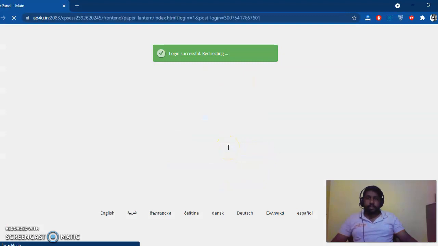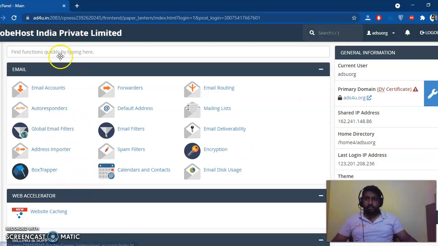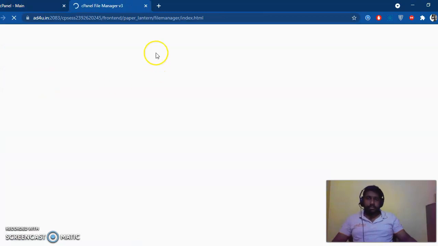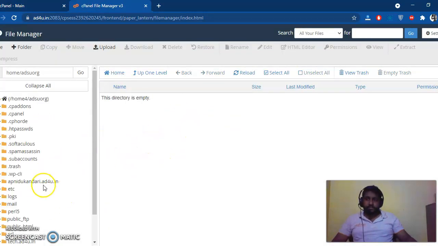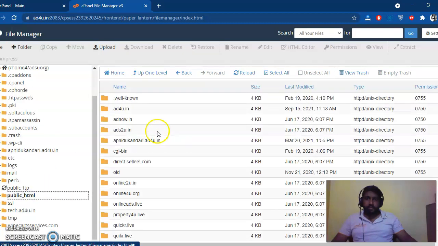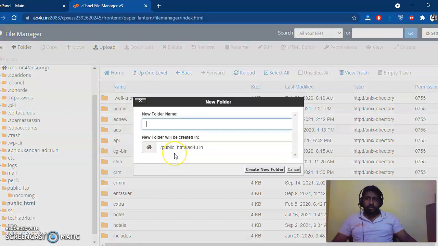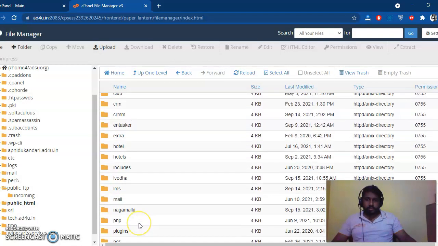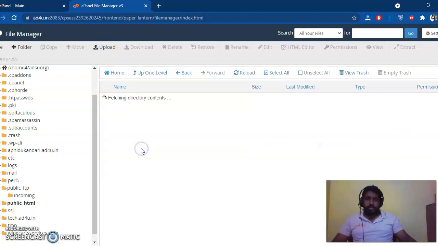After logging into my cPanel, I go to the file manager to host my files. I'm creating a folder first, naming it search.